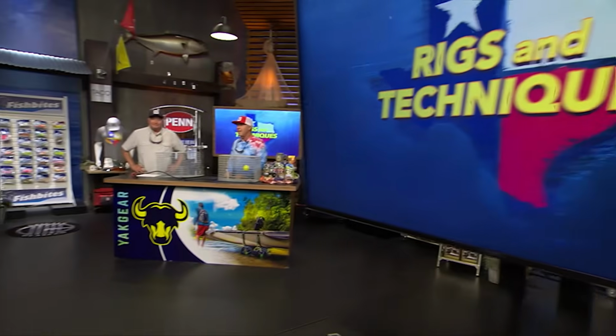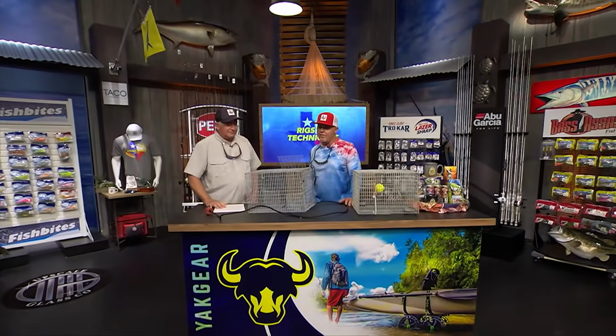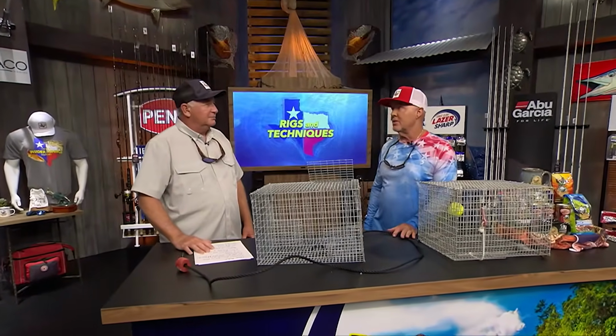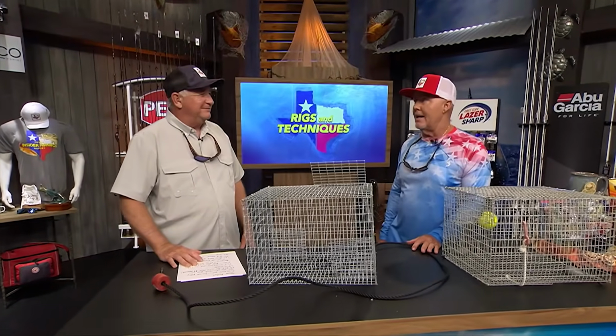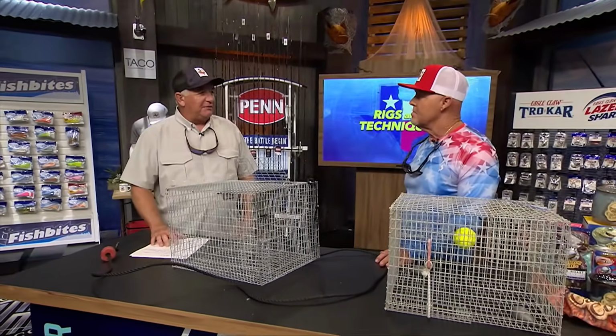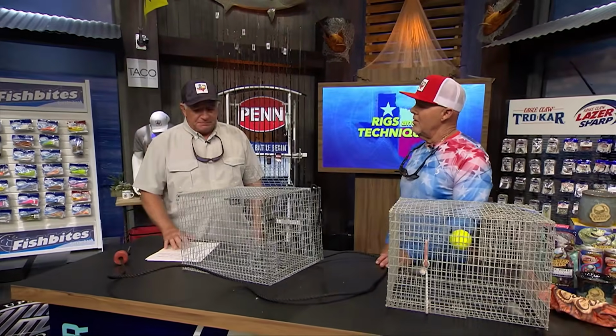Well, as you can see, it's time for the rigs and techniques here at the Yak Gear Workbench. You know, Dave, in the Murphy household, catching a pinfish is something we use a lot. Yeah, that's how you start your day. Absolutely. You hit those pinfish traps, collect all your pinfish, put them in your live well, and go try to catch some fish with them. So why don't we talk a little bit about some...